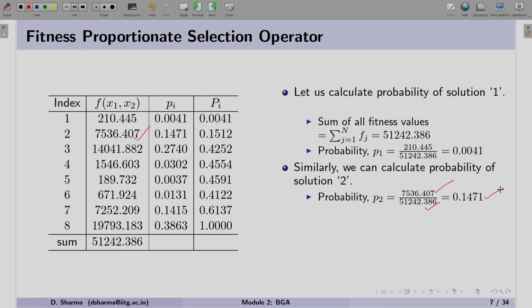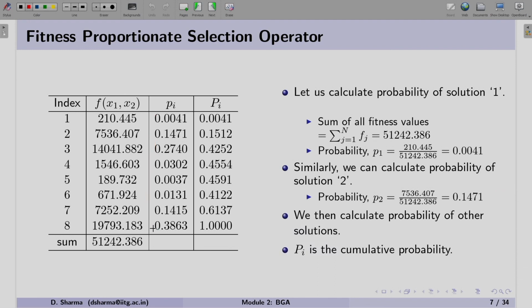So this process will be followed, and we can find the probabilities of all the solutions by dividing the fitness by the summation of all the fitness. Now in the last column, as you can see, we are finding this capital Pi, which is the cumulative probability. This cumulative probability, we use it to select solutions.